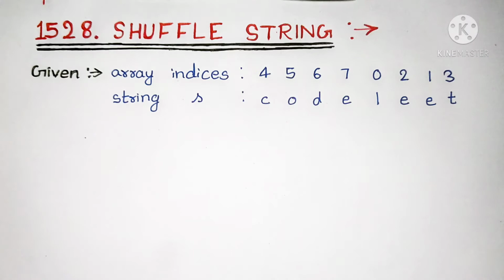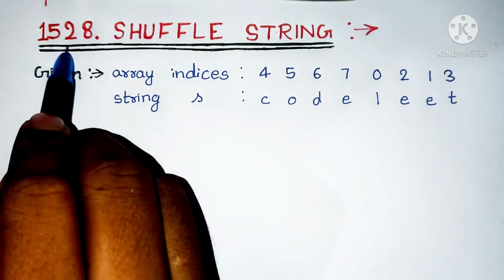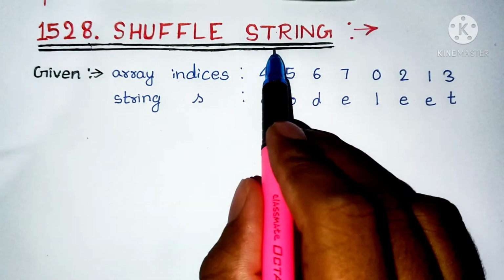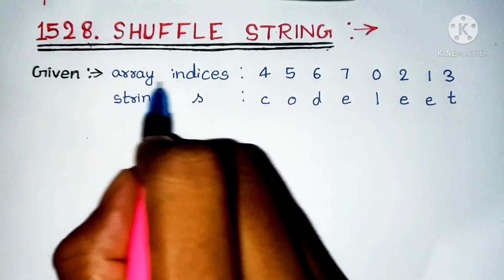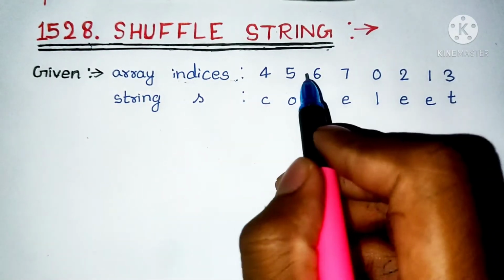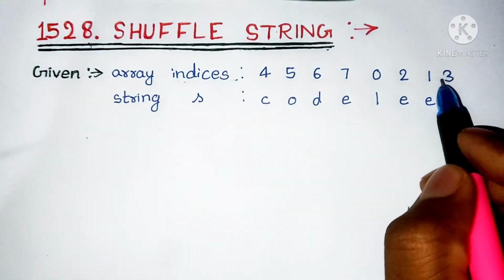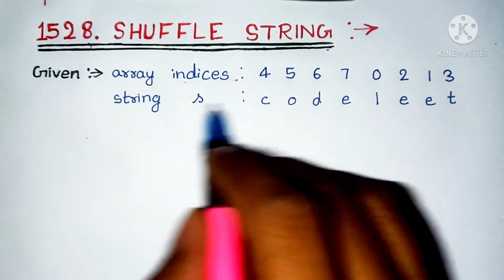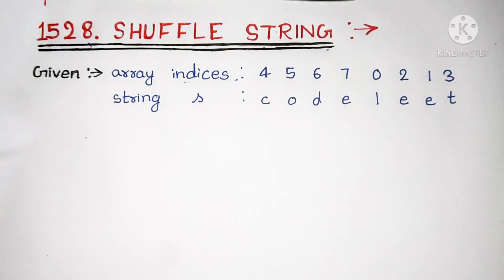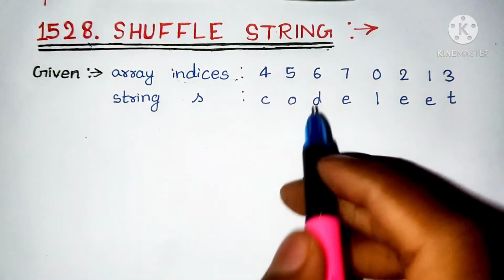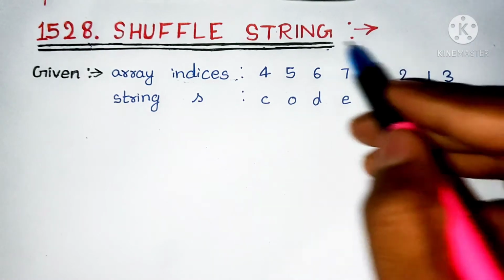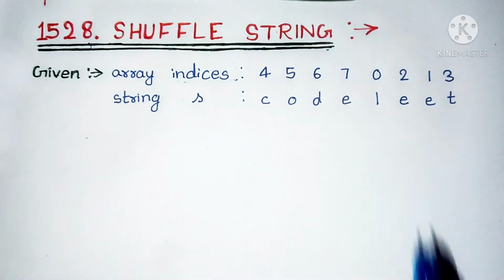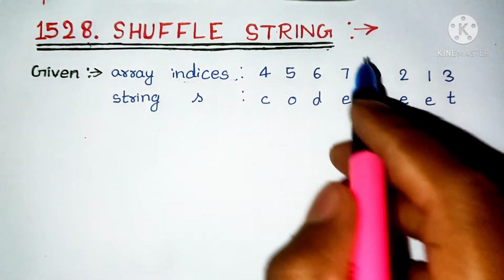Today we are solving LeetCode problem number 1528, the Shuffle String problem. In this problem, we are given an array of indices from 0 to n minus 1 and a string of length n. What we have to do is rearrange this string according to this array of indices. What does that mean? That means that